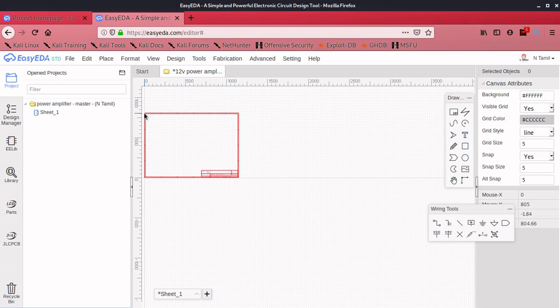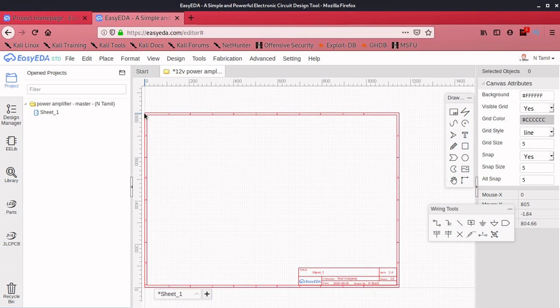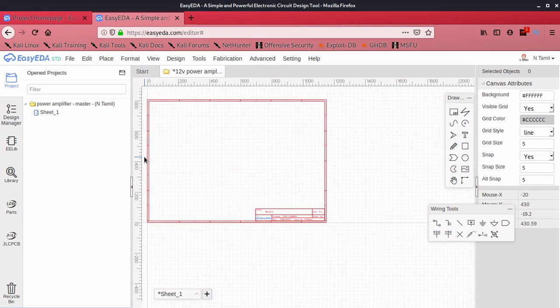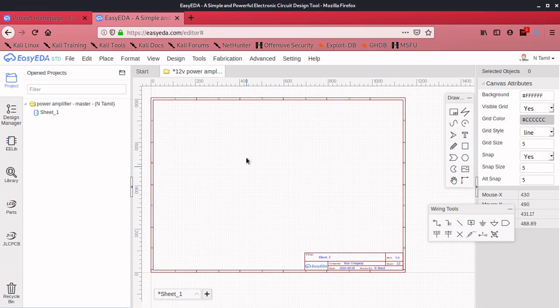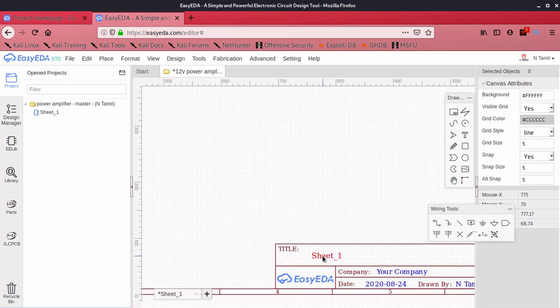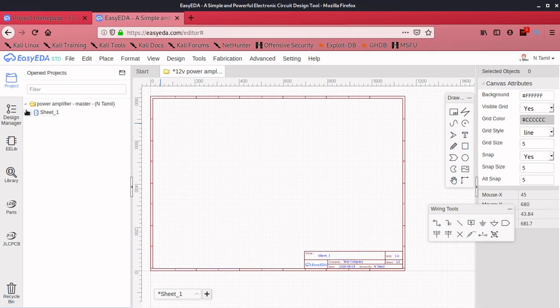So okay guys, first we want to explain everything, tools and everything. So first I can zoom it here and fix it in the center. Okay, then I can explain one by one. First, the project you are currently in will be shown here. Then you want to click the design manager, it means connection, errors, everything will be shown here.